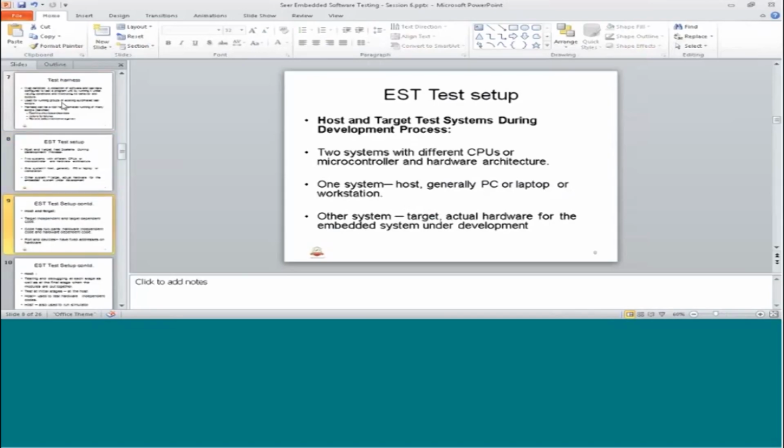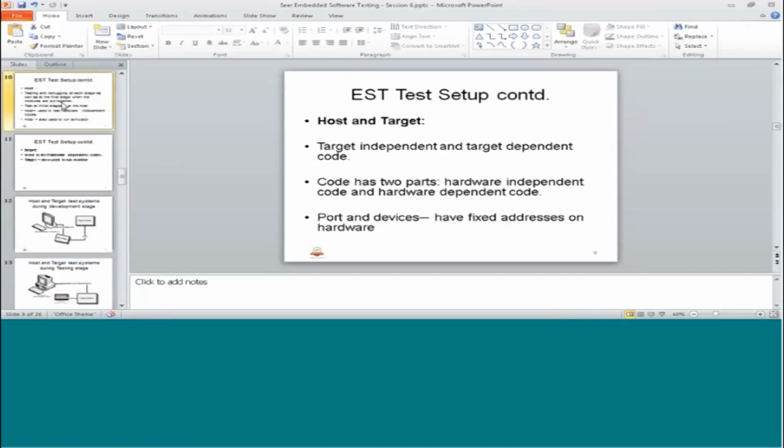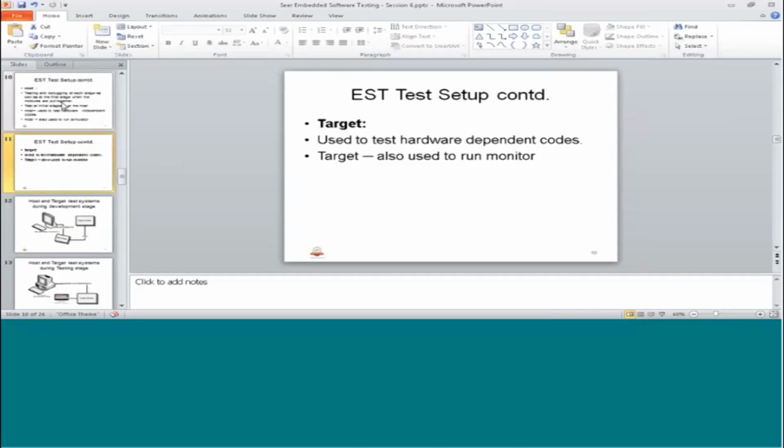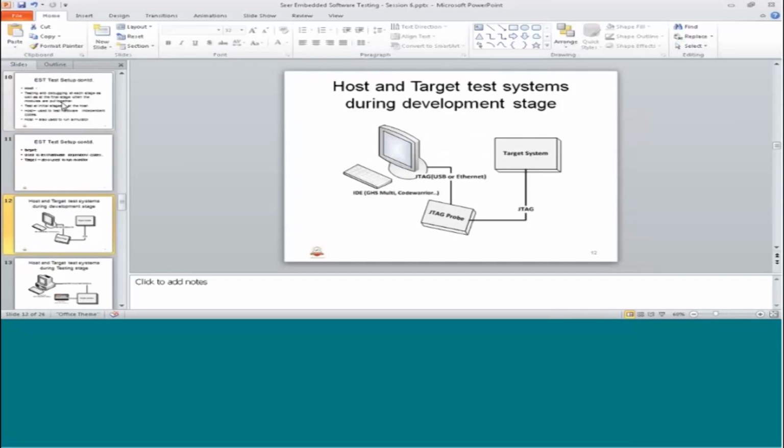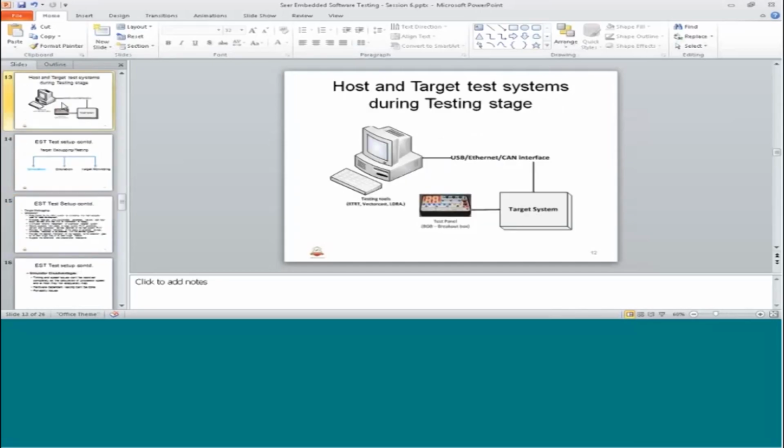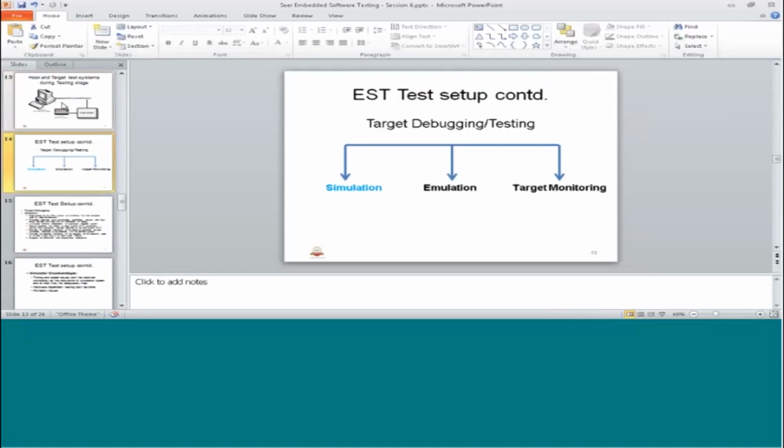Test harness, what it means. Setup, a typical embedded software testing setup, how it will be. In specific, host and target based systems, how it will be developed or how it will be used. Is a development test setup, a real environment testing setup, and how we can test. Having said that, all this environment is available with the help of three techniques: